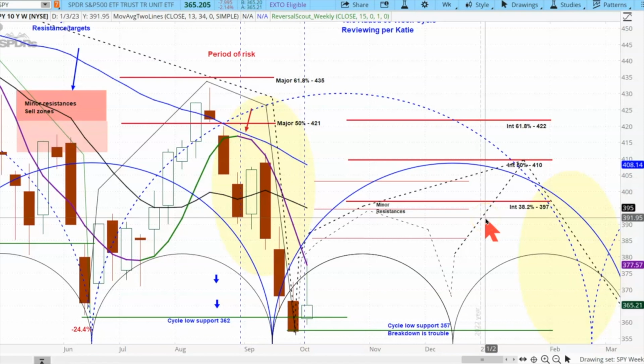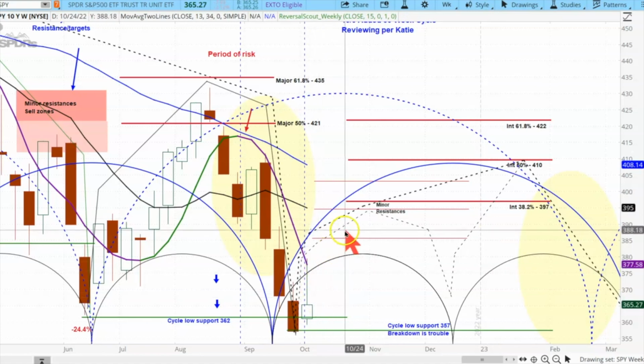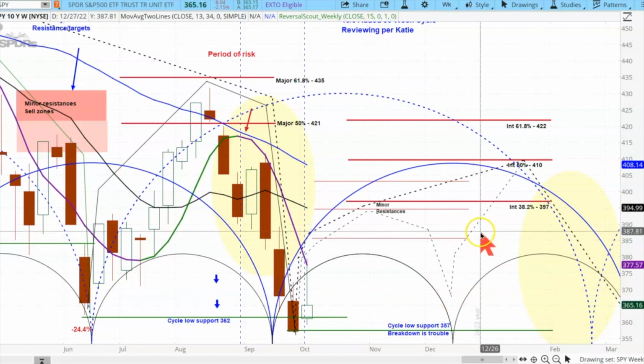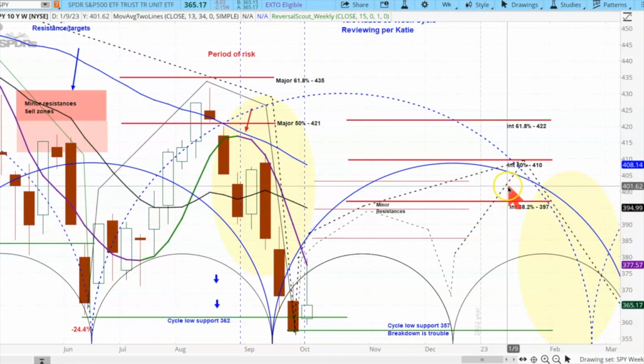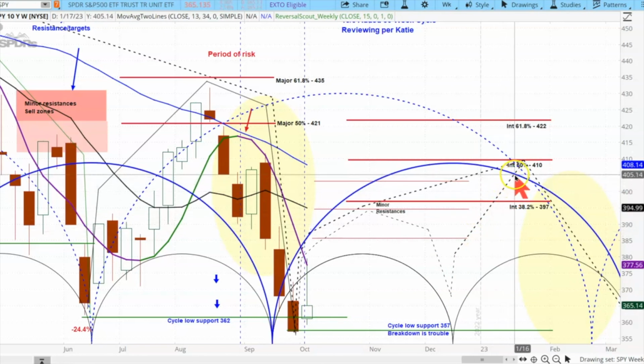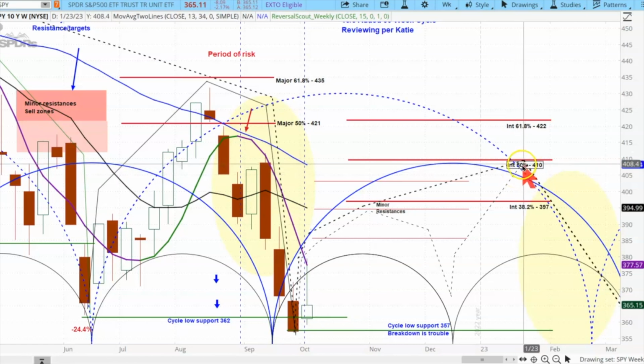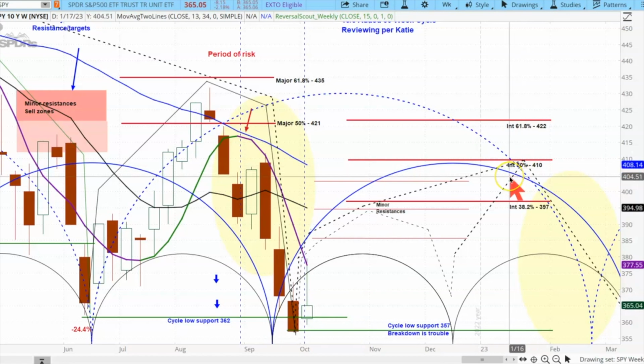That would not go to a new high. The likelihood of that would be very small. So the key is, how high does this get? Right now, we'll say 394, 397 is kind of likely where it gets out over here into November, and then a pullback that does not make a new low. This is the greatest likelihood. And then one more attempt out over here into the beginning of the year that may get it up as high as 410. That would be, I think, a reasonable place to be looking for a major failure